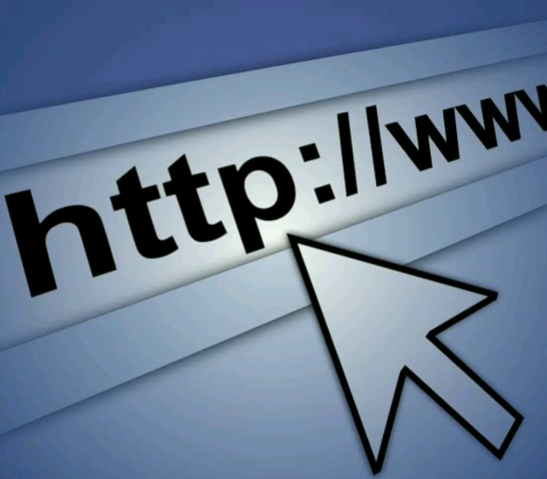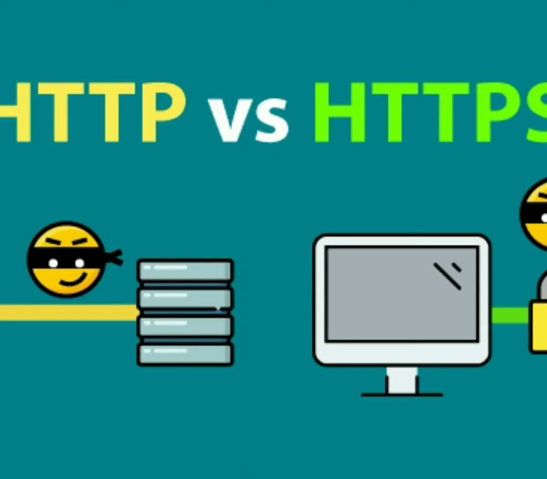Clear? And one more form of HTTP is HTTPS, which stands for Hypertext Transfer Protocol Secure. Before you key in any personal or financial information on any website, you have to make sure that the URL starts with HTTPS, so that there is a padlock sign on the navigation bar, so that you can be sure that the website you're entering is a secure one. Clear? That is the major difference between